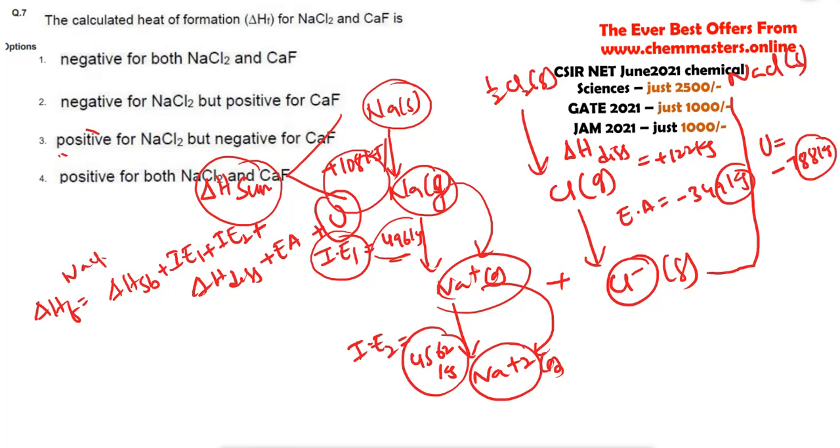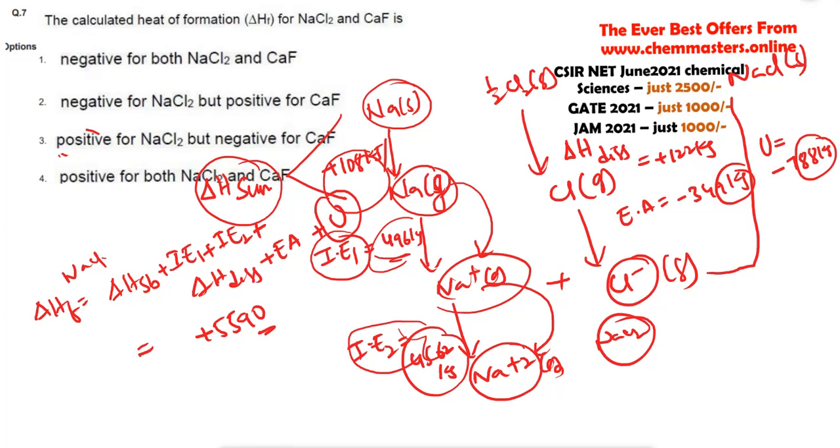Now just substitute all these values, and we will get a positive value, 5590. Okay, so if you are going to find it for NaCl2, we need to consider